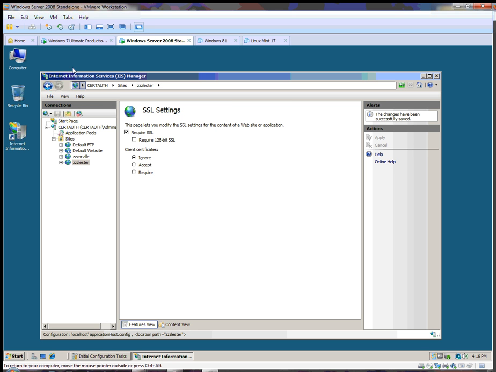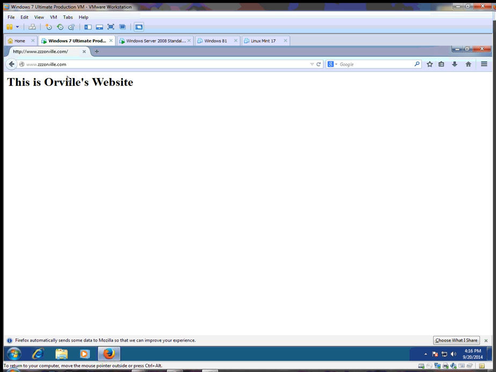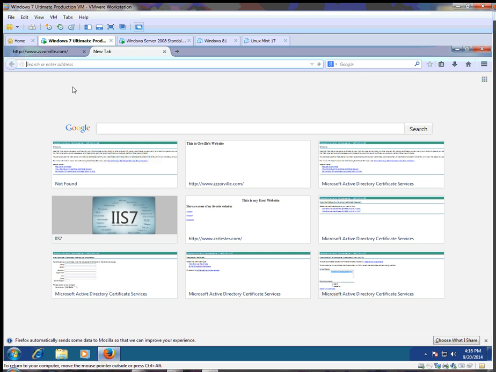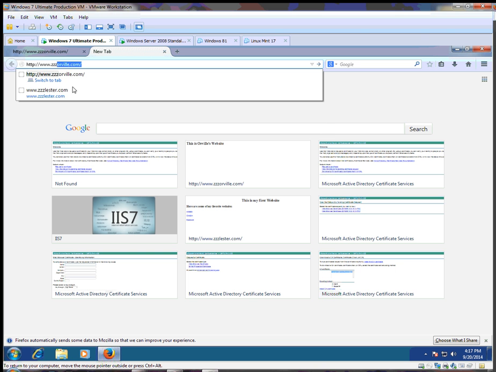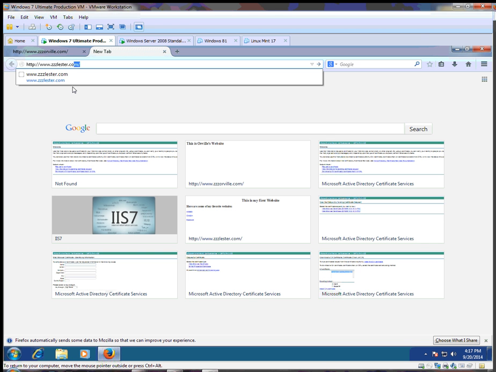All right, so now I can go back out to my client machine, and I'm using Mozilla Firefox here, so let me pull up another tab. Let me type in, first of all, http://www.zzzlester.com and see what happens. Since this is a secure website,